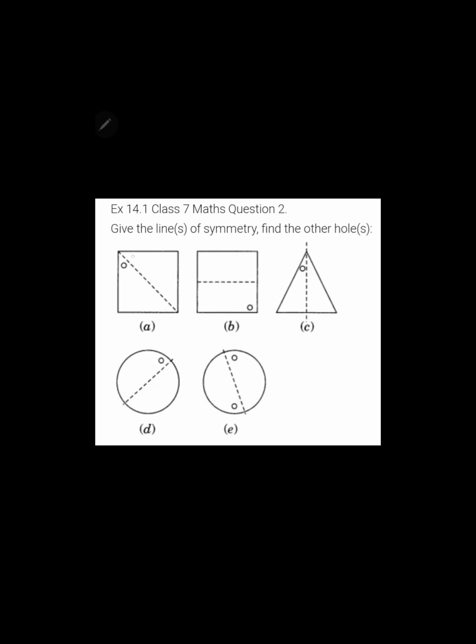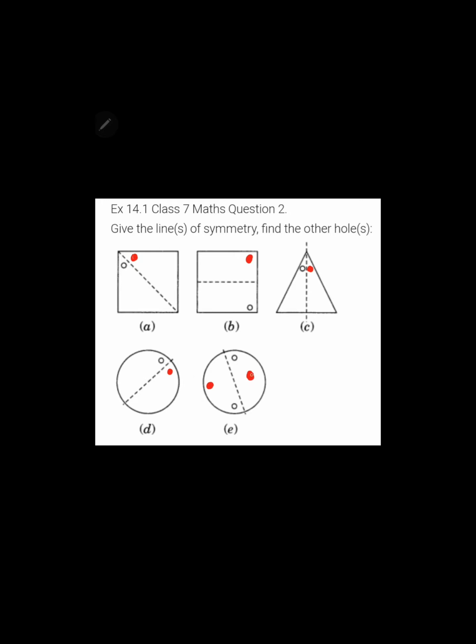This also you have to do in your book. For this figure, you have to draw a punch hole like here, on this side. For this figure, you have to draw a punch hole like here. For this figure, here. For this figure, here. For this figure, here,